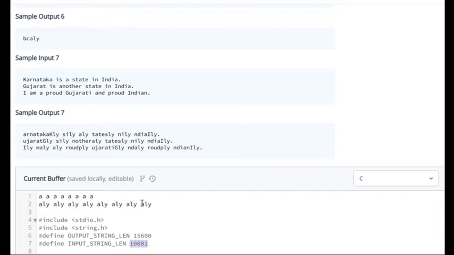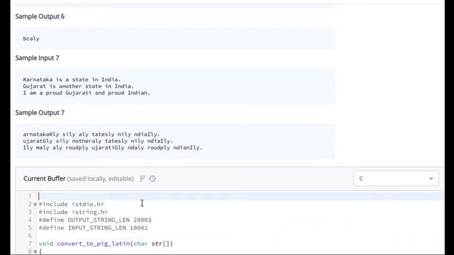Basically, 5001 words will require an additional 10,002 characters for L and Y. So if we add 10,002 to this 10,000, plus the null, we will end up with 20,003. So the maximum length of the output string could be 20,003. You can calculate this on your own and come up with that. You can ask me over email if you do not understand it.